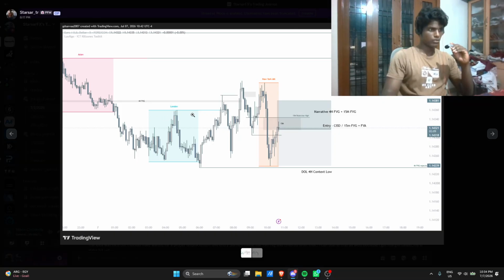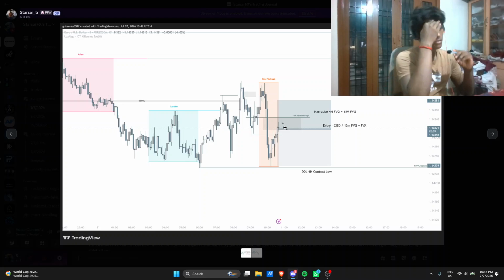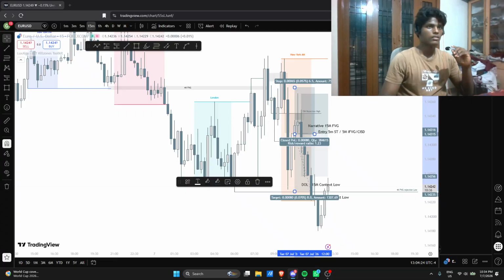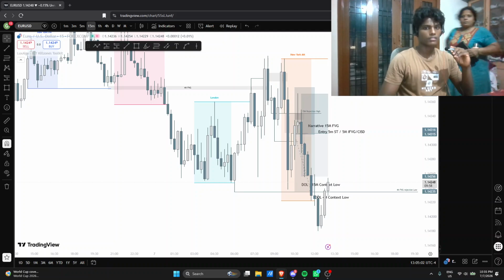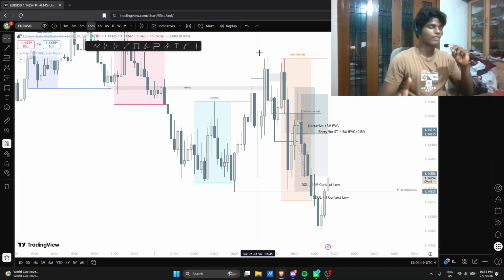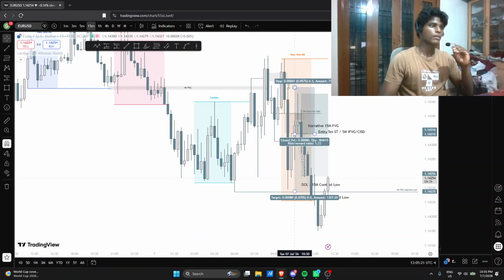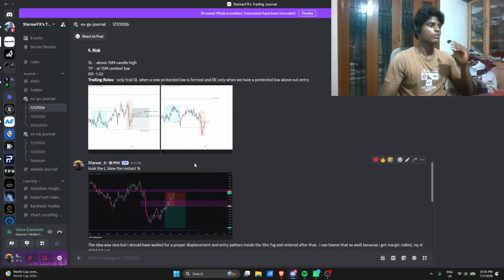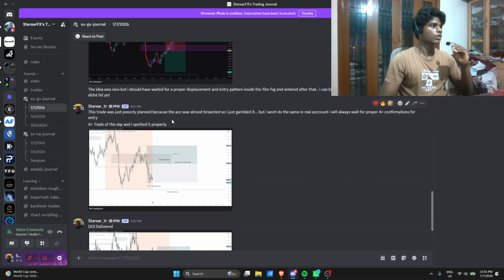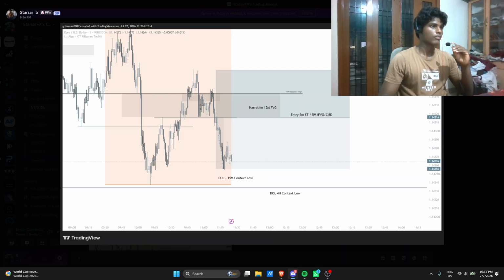After this, what I was looking for in the market was okay, fine. This was not that good. So basically, that honestly was not the A plus setup, but that definitely worked. I wouldn't say it's not an A plus setup because it worked. I just got margin called. That trade was also a good trade. But the better trade and the faster trade would have been us waiting for a good setup from this.